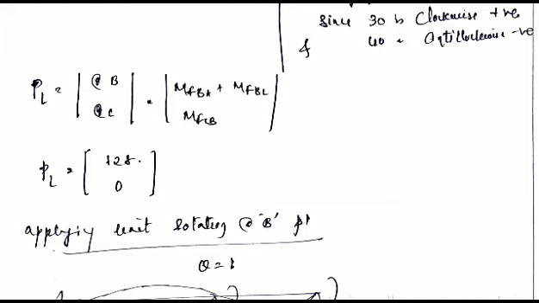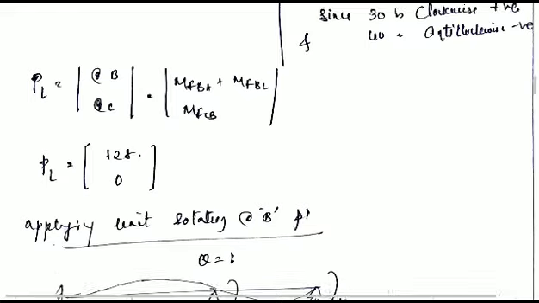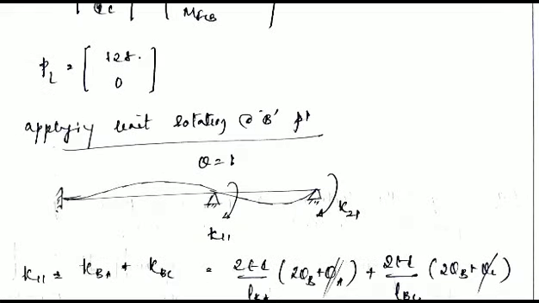So to know the matrix of K values, we are going to apply unit rotation at B joint. Here you can see the diagram. A continuous beam ABC is given. We are applying a unit rotation at B joint, that is theta equals 1 at B joint. Due to application of this rotation at B joint, we can see the rotations in the members BA and BC as shown in the diagram. So the stiffness matrix has K11 at the first coordinate joint and K21 at the second coordinate joint.